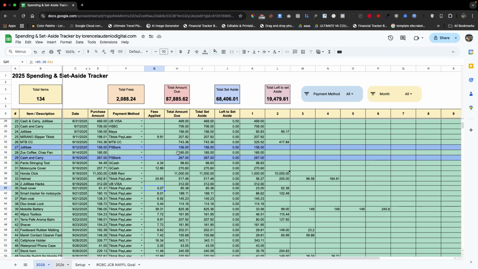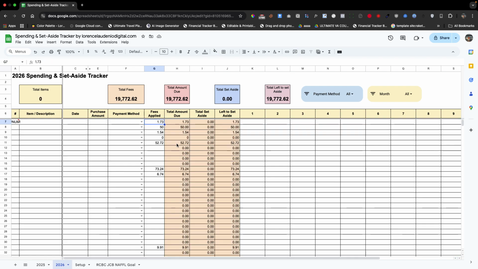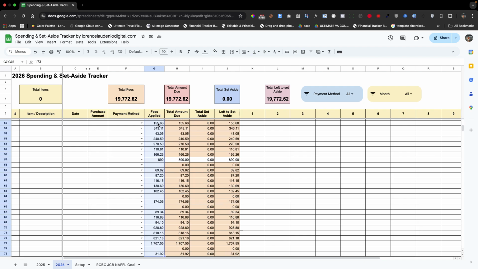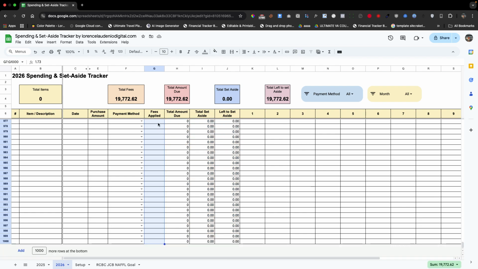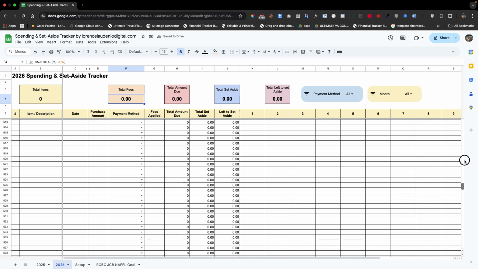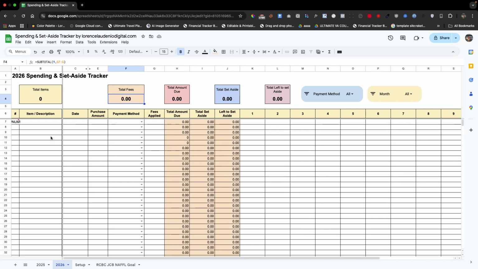Okay, so I also have to delete this column. So shift, control, and then arrow down up to the last rows, and then delete. Okay, so all the data is reset. Now I have to show you some examples, guys. Let's say for example 2026, and I bought, let's say, a keyboard.